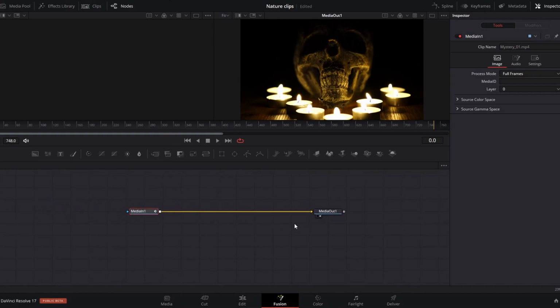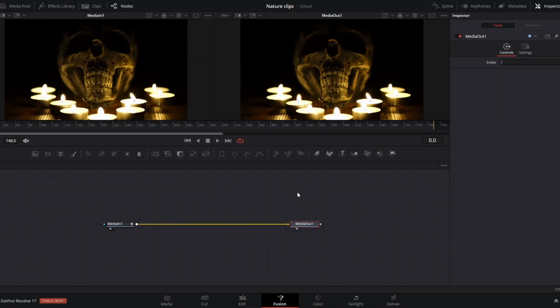You can move with your scroll wheel on the mouse. And now here we have our media in and our media out. If you click on these points, you can preview your media in on the left, for example, and media out on the right. So I will just select media 1,